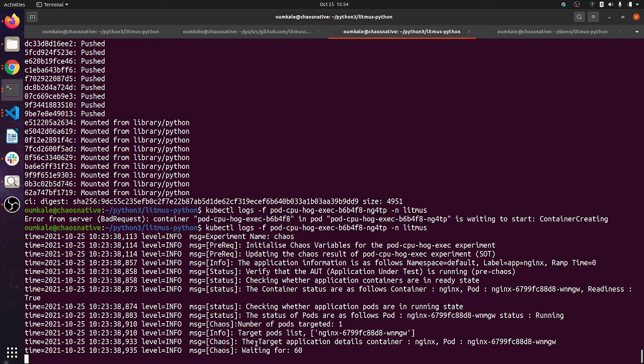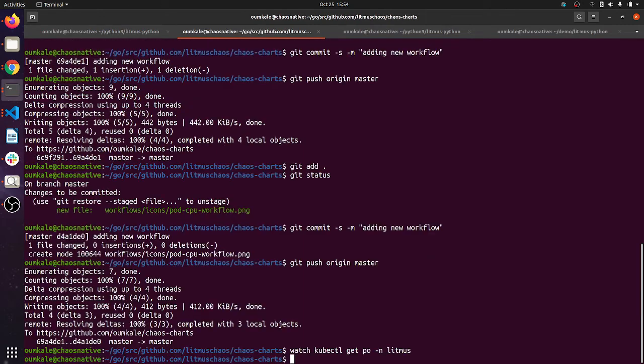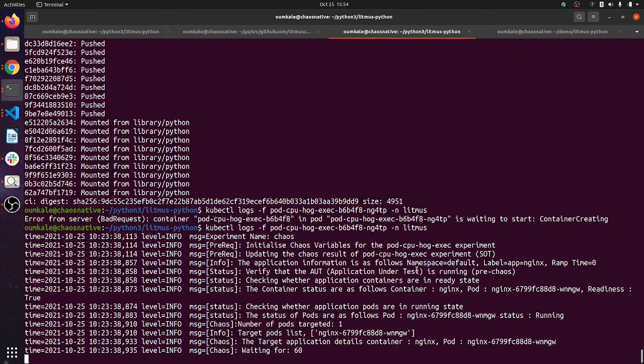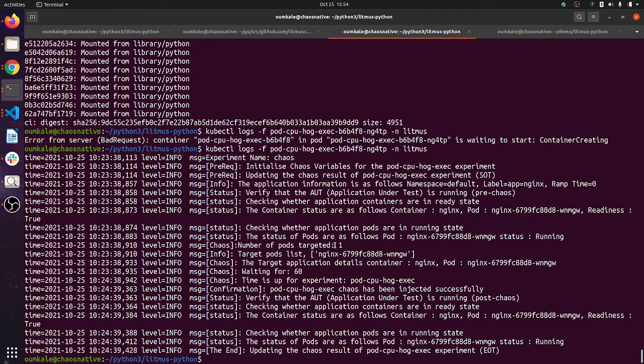Congratulations, your target pod is Nginx, and I believe this is in the default namespace only. We have targeted the same one. The first iteration completed and we injected the chaos.